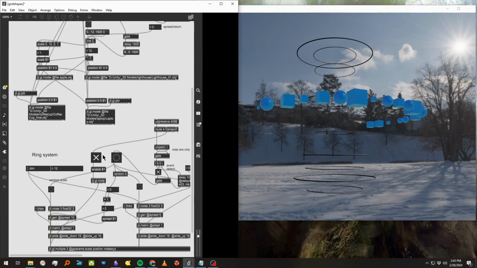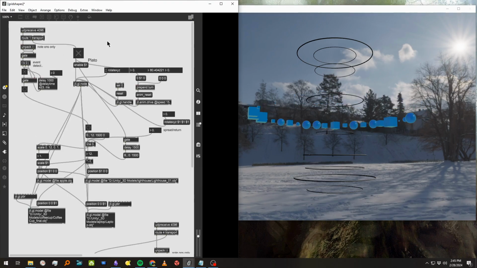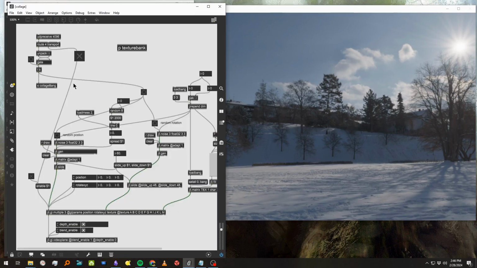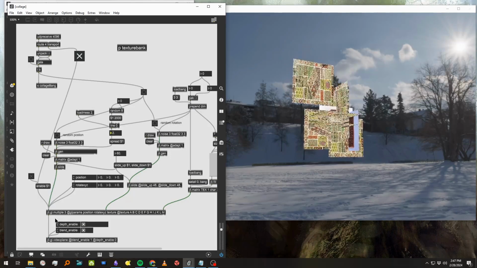All right. And that's it for this subpatch. This is just 3D objects floating around the scene, and they're being revealed or hidden by the transport. So the other part of this patch is this subpatch called collage, and in this one, I'm using JitGL